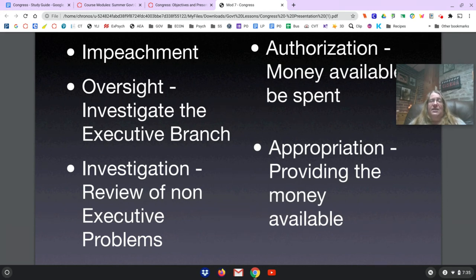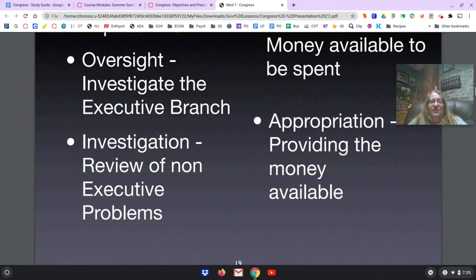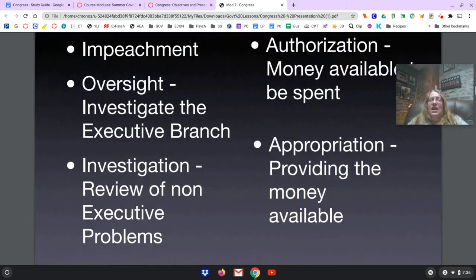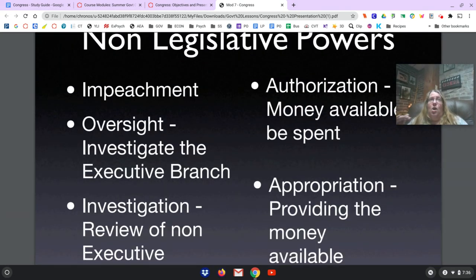Every bill has an authorization, how much we'd like to spend, but appropriation is how much you actually get. So when a Congress member says, I authorized all of this stuff, they might have, but what really matters is how much is appropriated, how much money is in the palm of your hand. Don't forget to do your study guide notes. And if you are confused, always think: delegated, specifically stated, Article 1, Section 8; implied, necessary and proper, Article 1, Section 8, Clause 18; non-legislative, we're not making laws, but these are things that are stated in the Constitution.